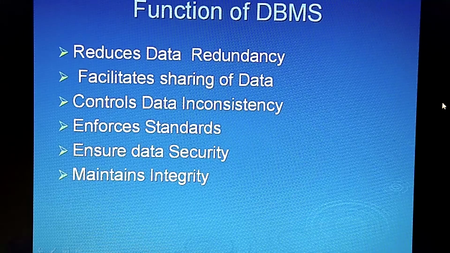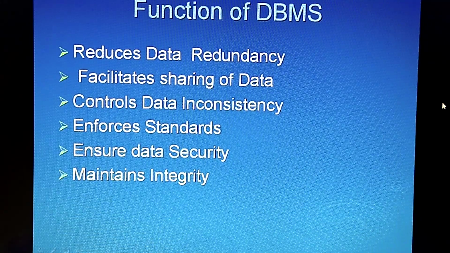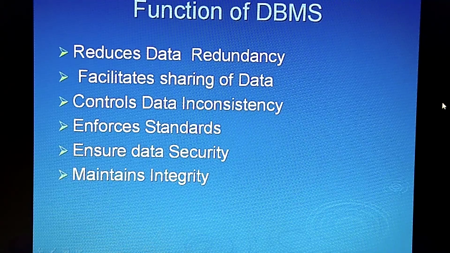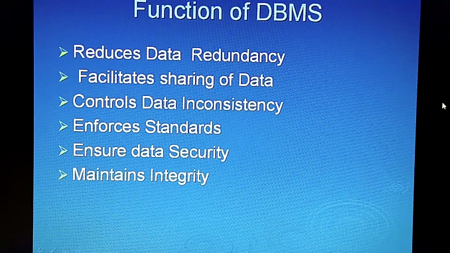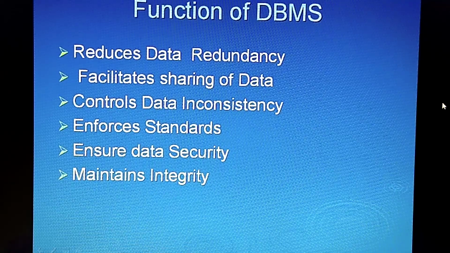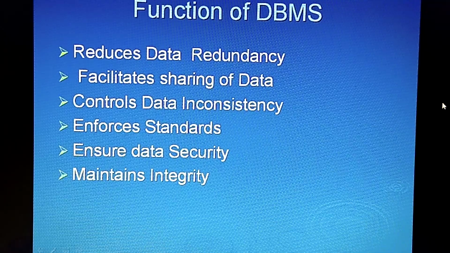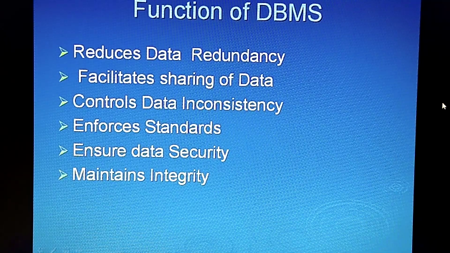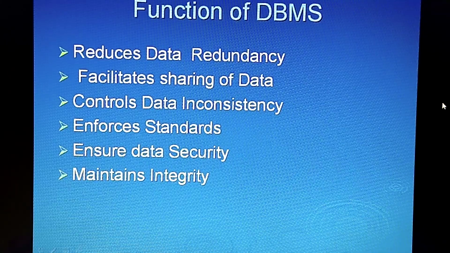Now data inconsistency. Data inconsistency means different information about the same person. Suppose you have given an application for changing your address to the office. So what is going to happen?